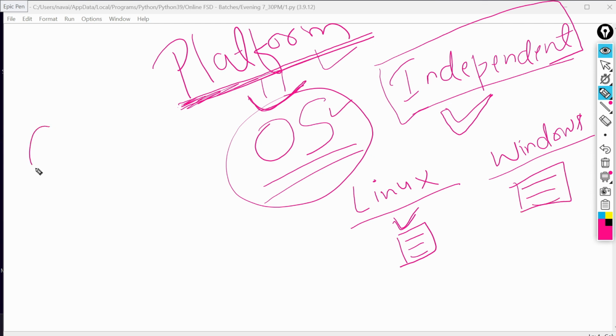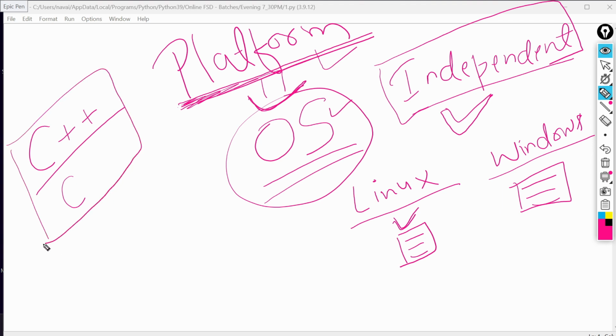So suppose I am writing code in C++ or C language. Is it platform dependent or independent? Can I not run C++ code on other platforms like Linux, Windows, or Macintosh? If you are developing your software on Linux and you are not able to execute the same code on Windows, you will say this is platform dependent.